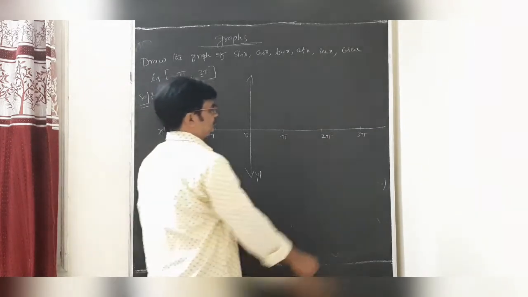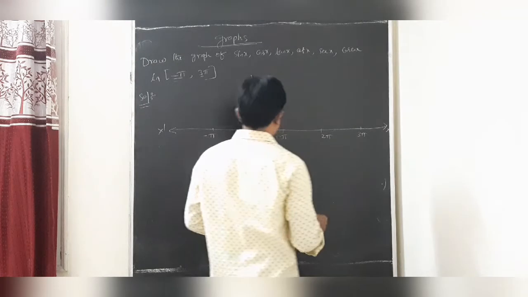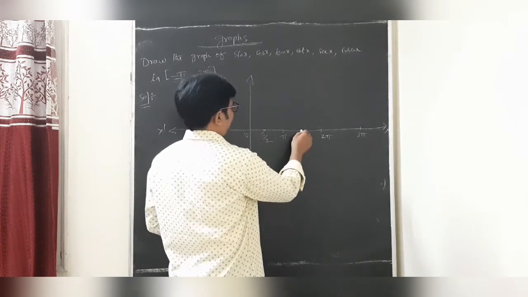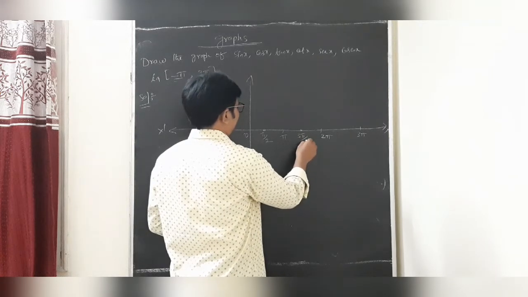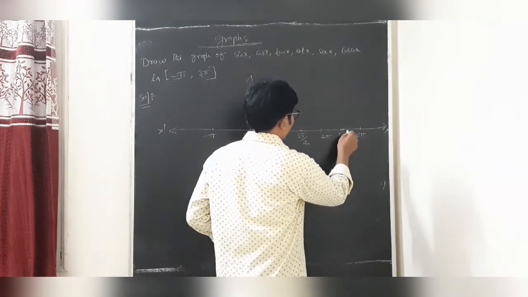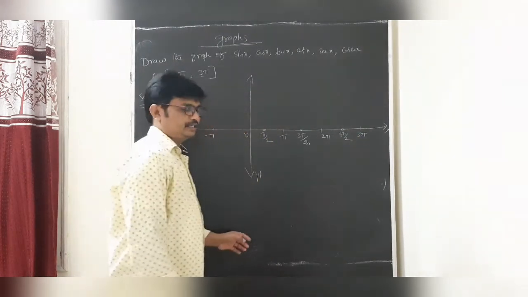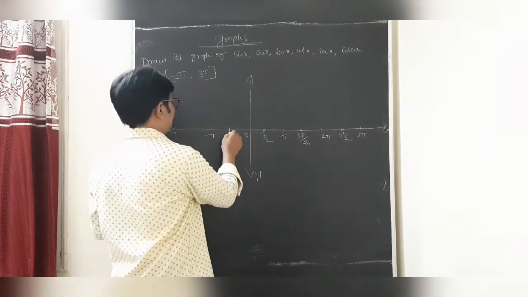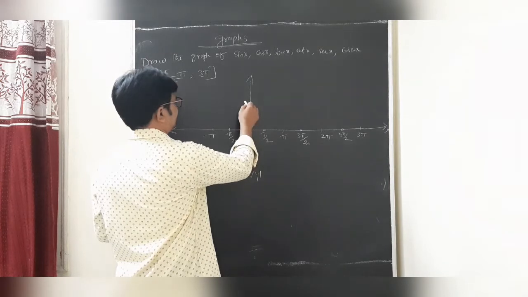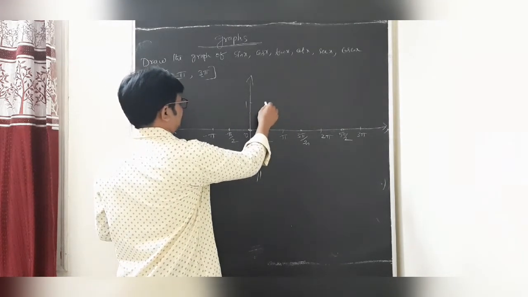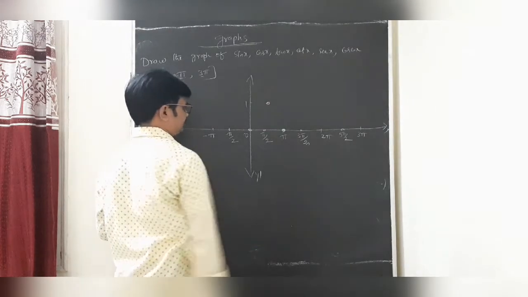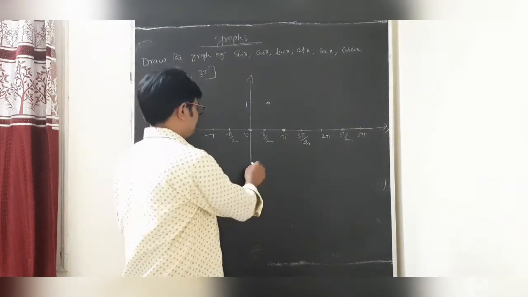So students, first we are taking in between 0 to pi by 2, 90. This is 3 pi by 2. This is 5 pi by 2. Okay, students. Now this is minus 90. Sin 0 is 0. Sin 90 is 1. Sin pi is 0. Just you have to find the values.